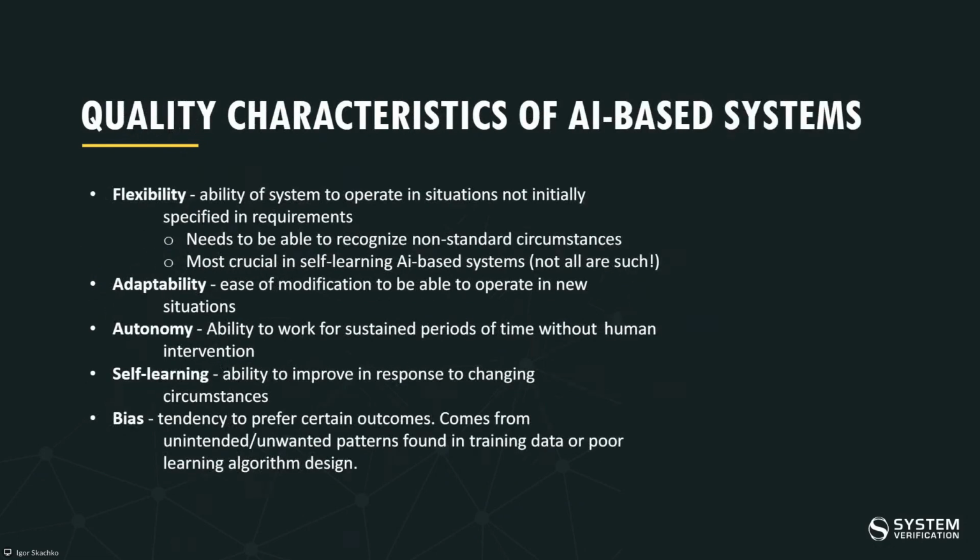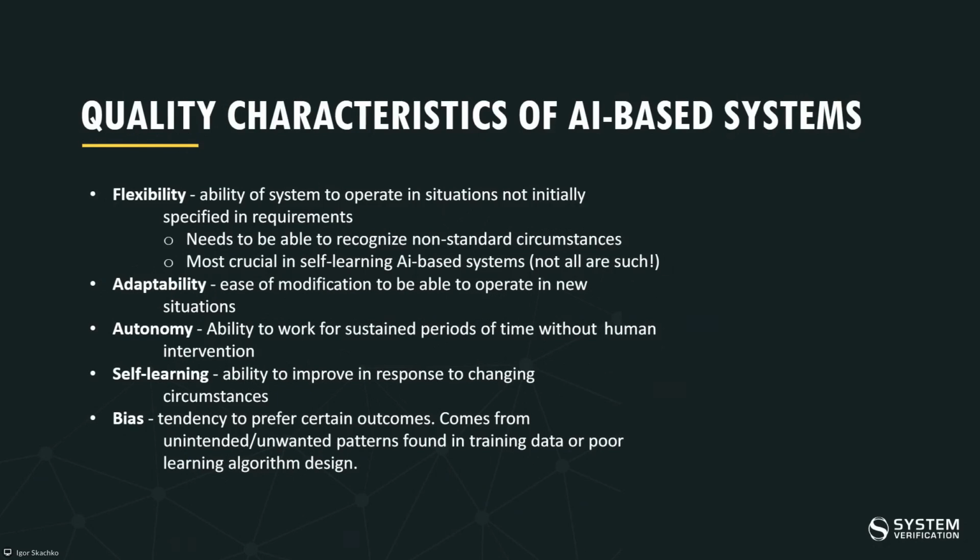Now, let's dive into something much more solid and rigid, which are the quality characteristics of AI-based systems. Those are things which are the pinnacle, basically, around which we are centering our testing process. We are testing flexibility, adaptability, autonomy, self-learning, bias. Those are not all of the quality characteristics, because some of them go further into the area of philosophy. For example, there is a quality characteristic such as ethics. I won't go into that because I guess it's more of an area for philosophers or lawmakers rather than us